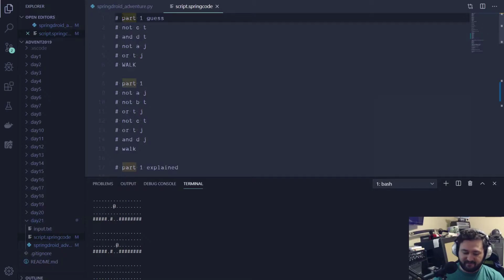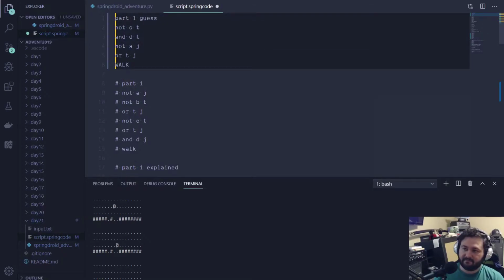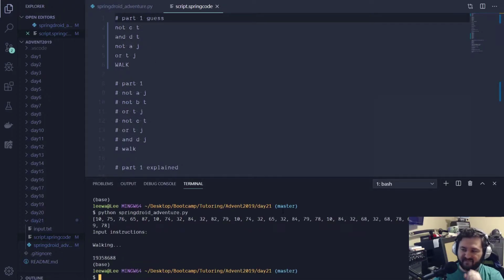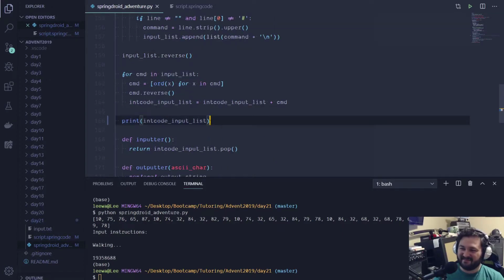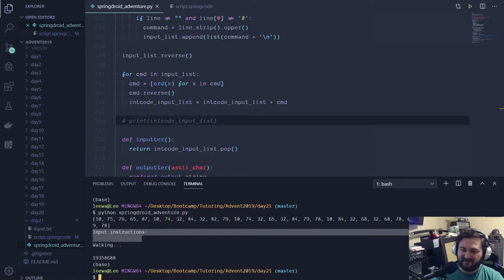And uncomment this. So I need a comment on the first one. So if we run this now, there it goes and gives you all the input instructions. So let's get rid of that. What this does now is it just prints everything,